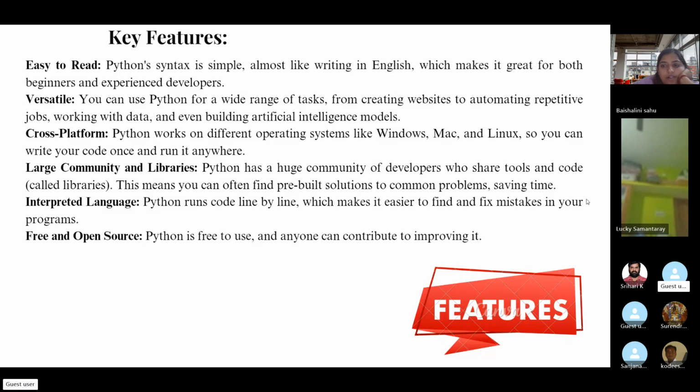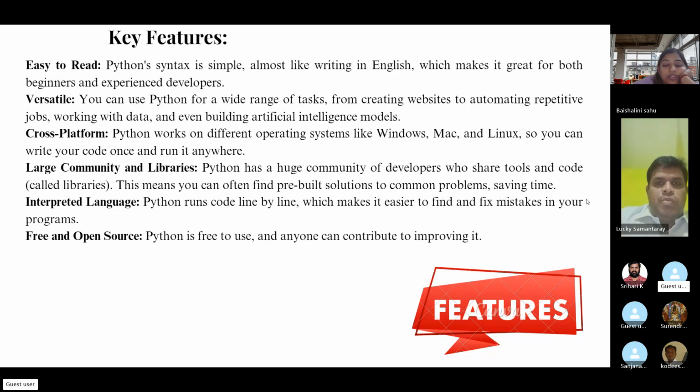Python syntax is very easy, like simple, plain English. You can write line by line, and that helps beginners and experienced developers. You can find the problem quickly, easily read and write the code, and easily find the errors.